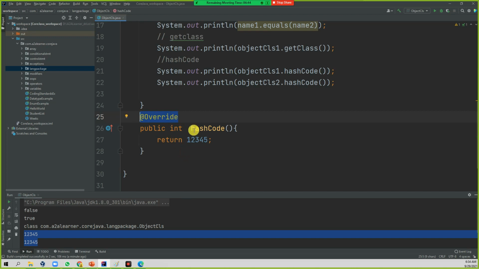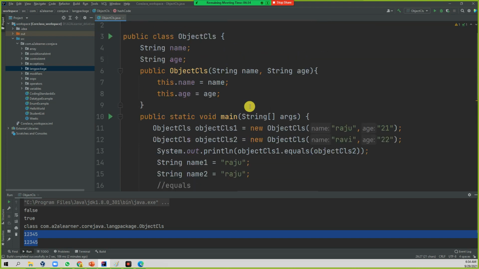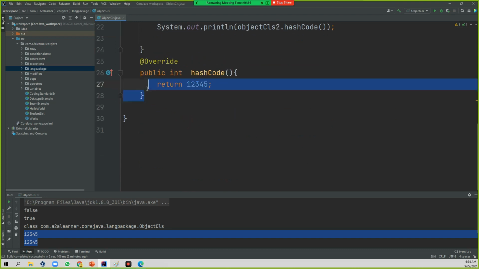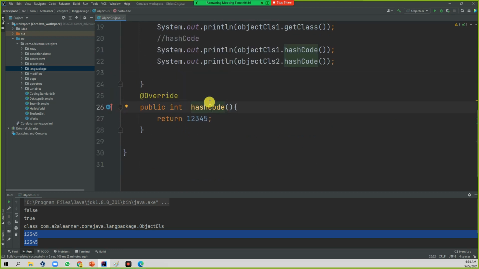With Override, you are explicitly telling the JVM that this class method's signature is coming from my parent class. You have not given any parent here, but how is the parent coming? By default, Object is the parent of every class. That is the reason you are able to override it. Okay, so that is for the Override annotation and hash code information.